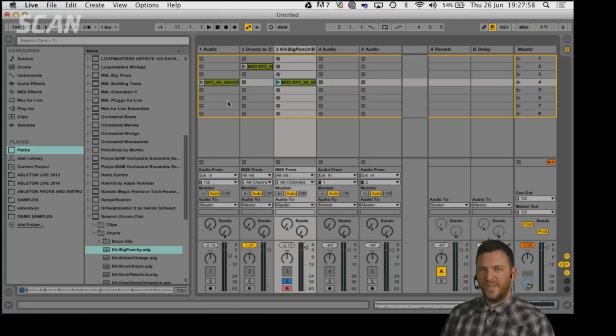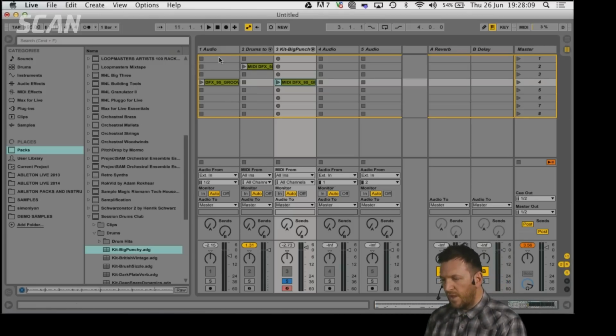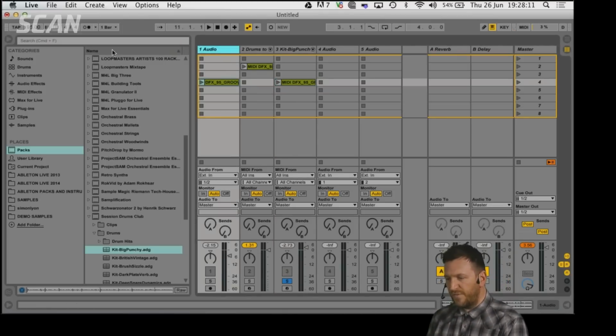Just try and beatbox it in. Even if you just do the kick and the snare, the boom, bat, boom, boom, bat, it will pick up those, and it'll probably just blank the hi-hats out if you didn't hear anything. So do try that. For other audio stuff, if you've got a sample of something you like, I'll just drop